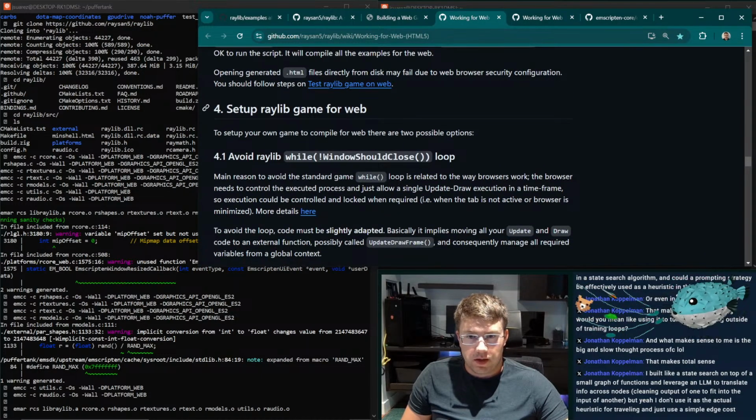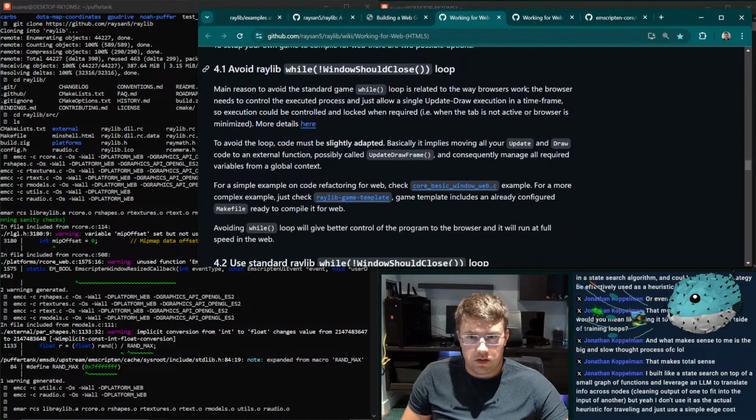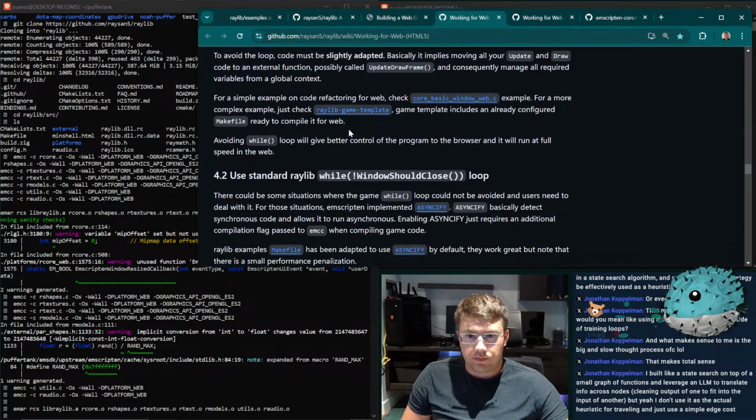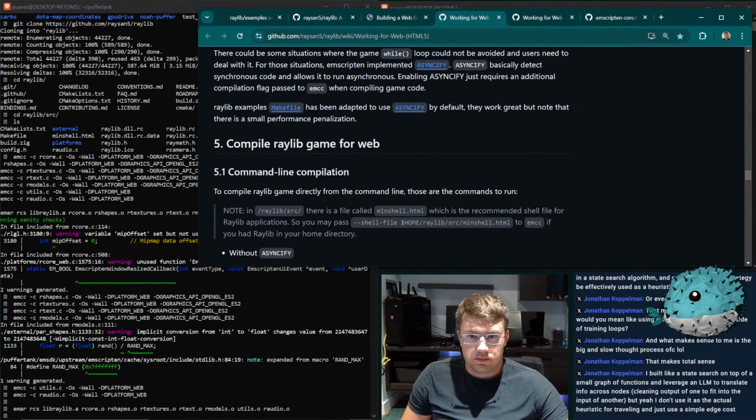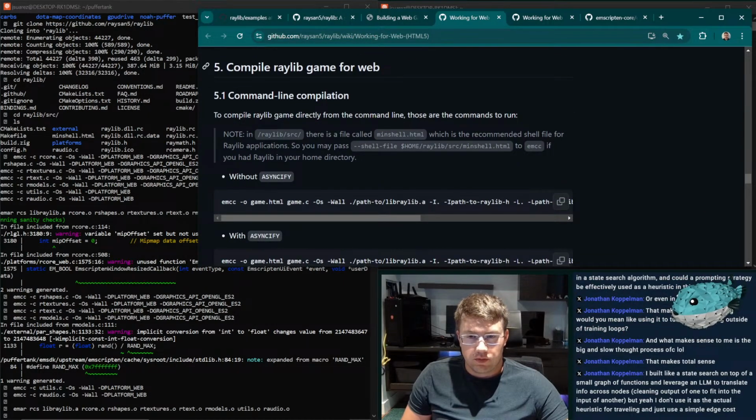Set up Raylib game for web. Okay. So there are a few small differences. This is what we want. Compile Raylib game for web.